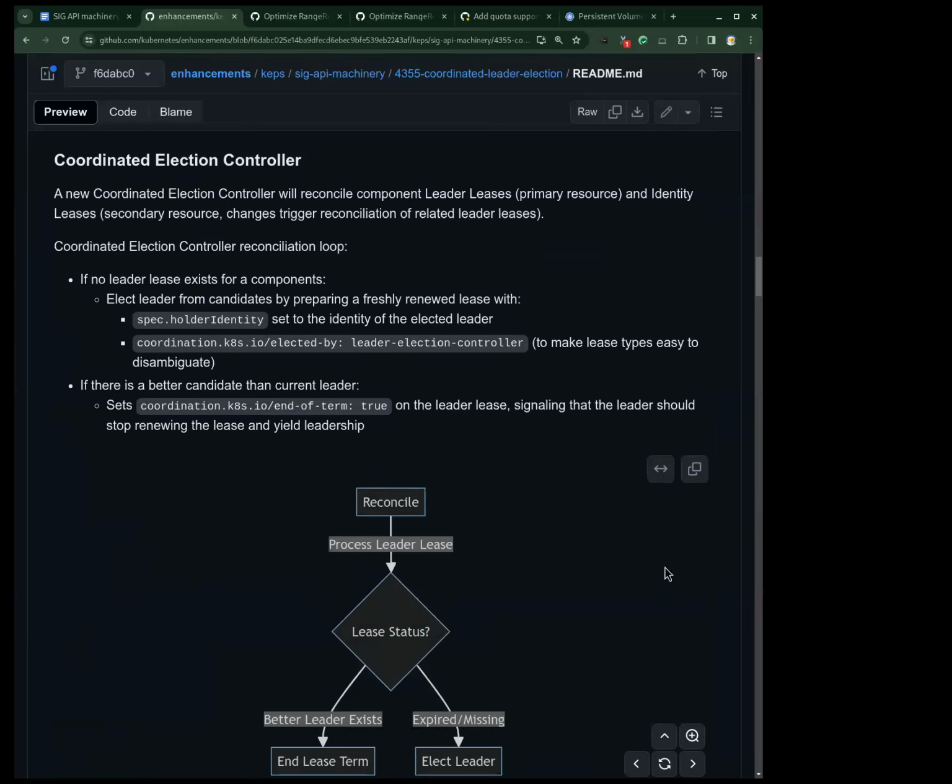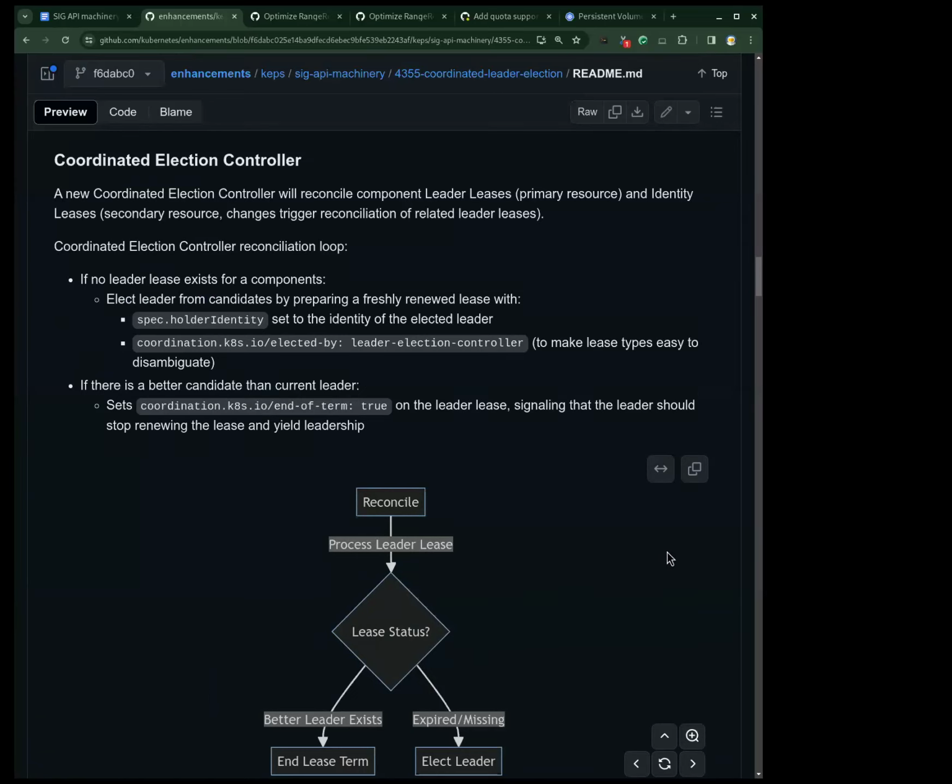This works in conjunction with the introduction of component identity leases, in which the components advertise their availability through this component identity lease.